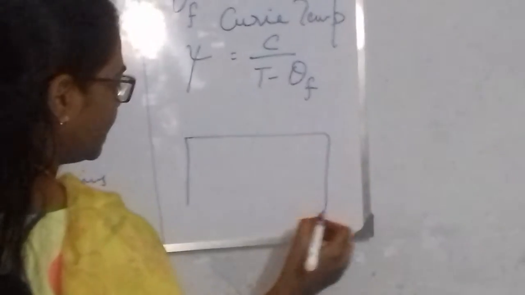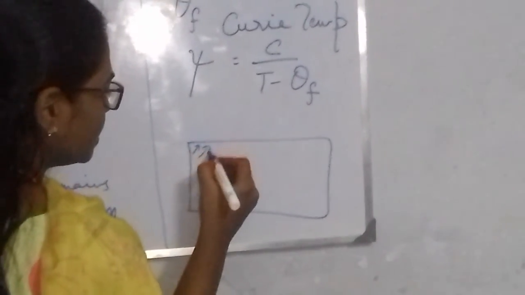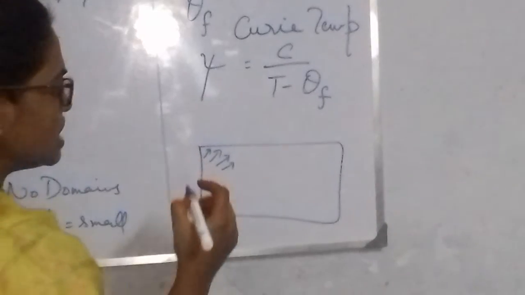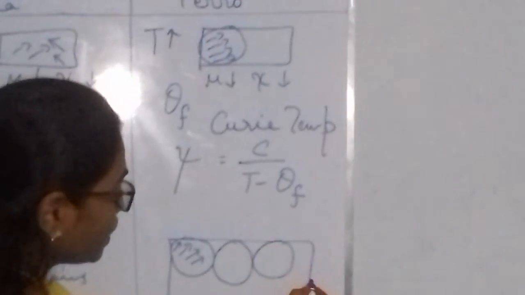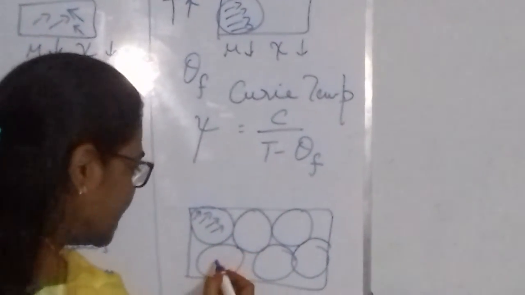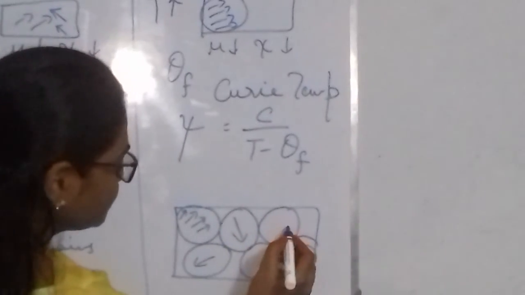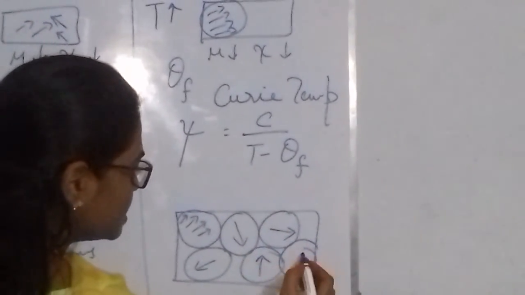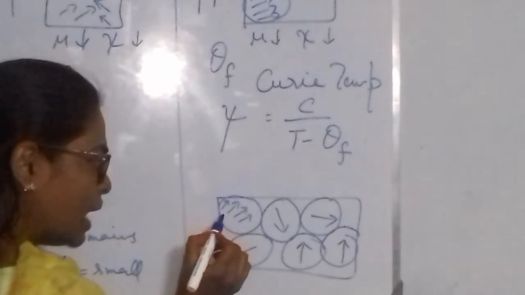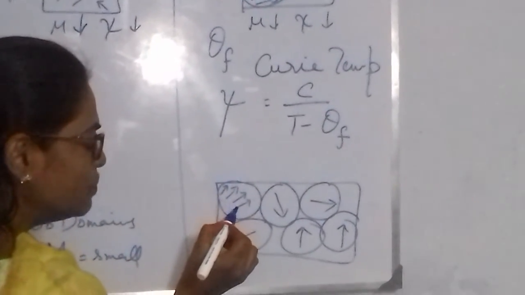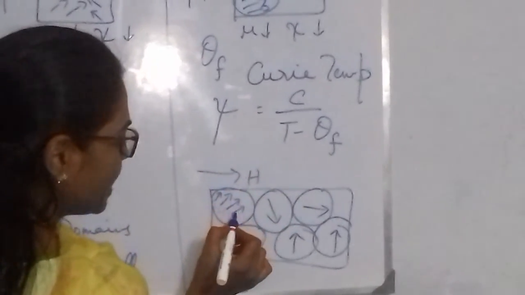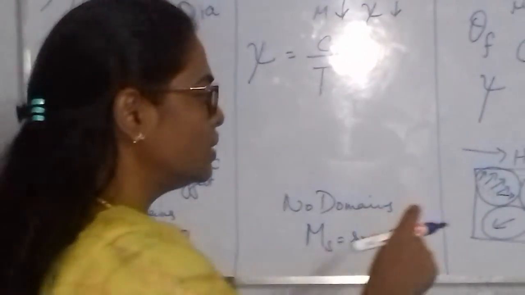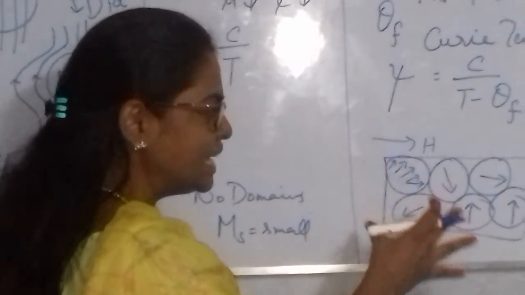Here in a ferromagnetic material, because of some reason, I'll tell you what the reason is. Because of the interaction, they split into domains, where each domain has a different orientation, but the spin magnetic moments of the atoms inside a domain are in the same direction. Now when you apply the magnetic field, the domains will start to change their orientation. This is called the domain theory. So a ferromagnetic material can be seen as domains.